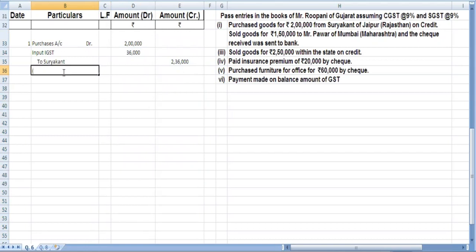Okay, we'll write the narration, and in narration we're going to write down purchased goods from outside the state. Okay,